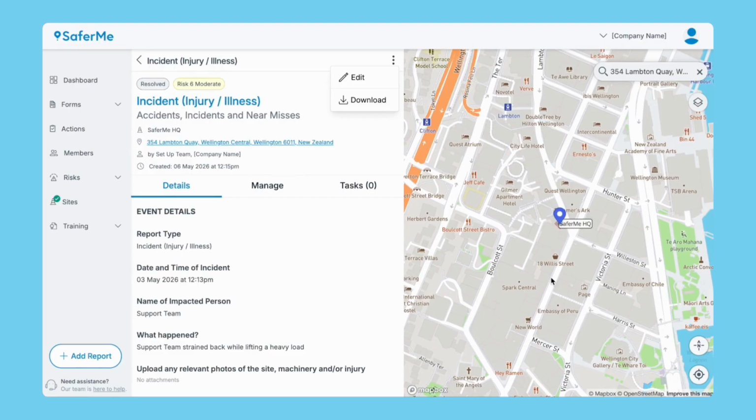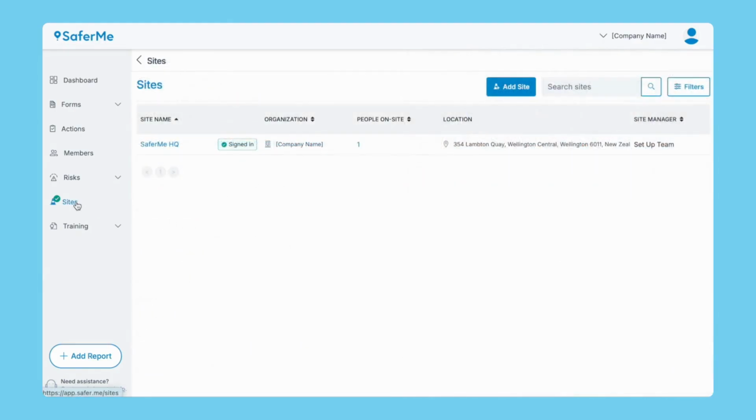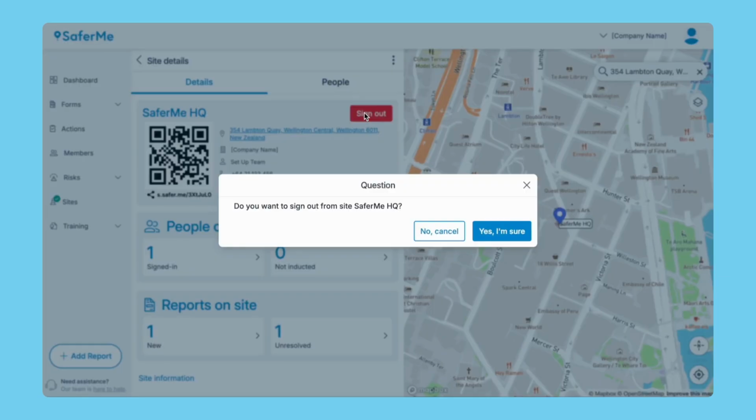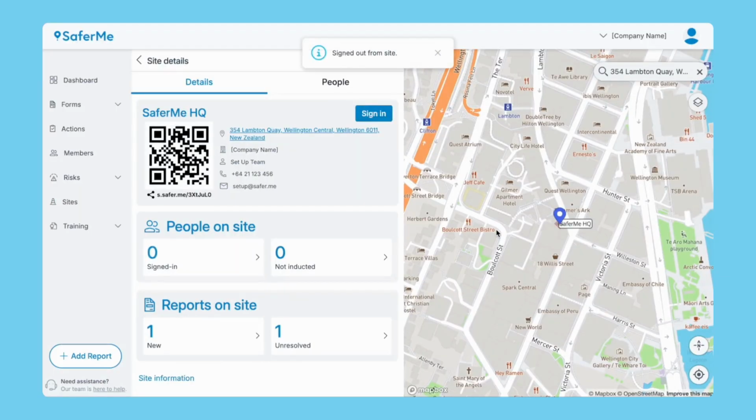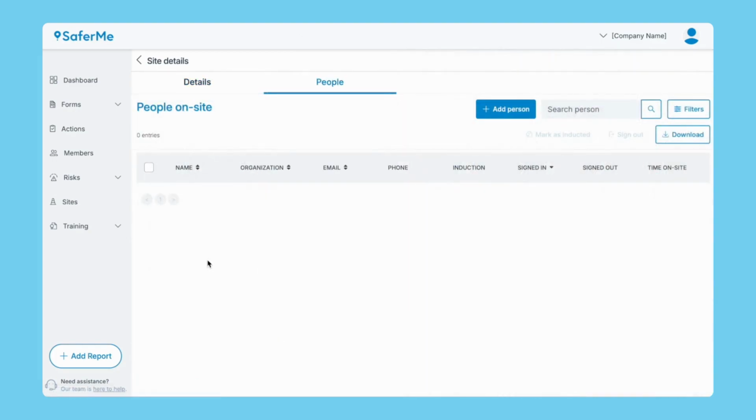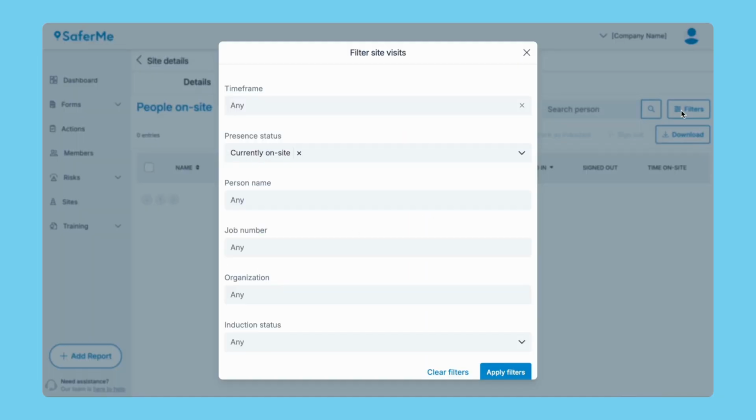Back in the product, the last thing we're going to do is sign out of the site that we're currently signed onto. We can do this by coming to the Sites page, clicking on the site that we're currently signed into, and selecting Sign Out. We'll see the count of people signed in on site has changed, and if we come to Filters and remove